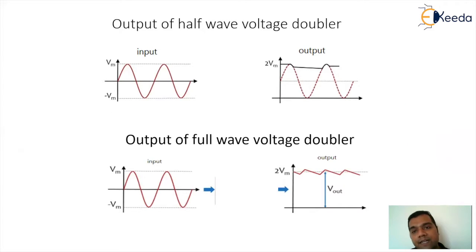So when I try to see the effect, you can see the output of the half wave voltage doubler and the full wave voltage doubler. You can see both the circuits are given an AC signal. So when you see the variation, or you can say the difference of the output, both of them are actually storing the value of 2 Vm. The result is giving you a value of 2 Vm, but there will be a difference in the waveform. You can observe clearly that the full wave voltage doubler is giving you almost a triangular waveform, whereas you can see a significant change when you compare the output of the full wave voltage doubler with the half wave voltage doubler.